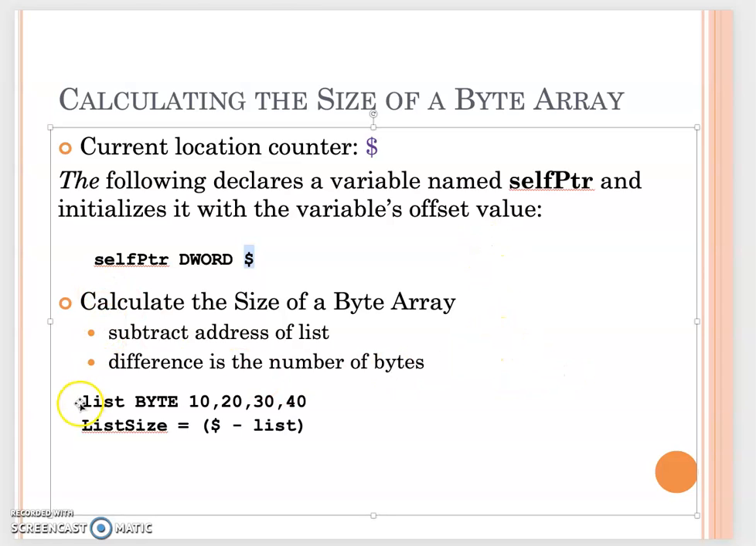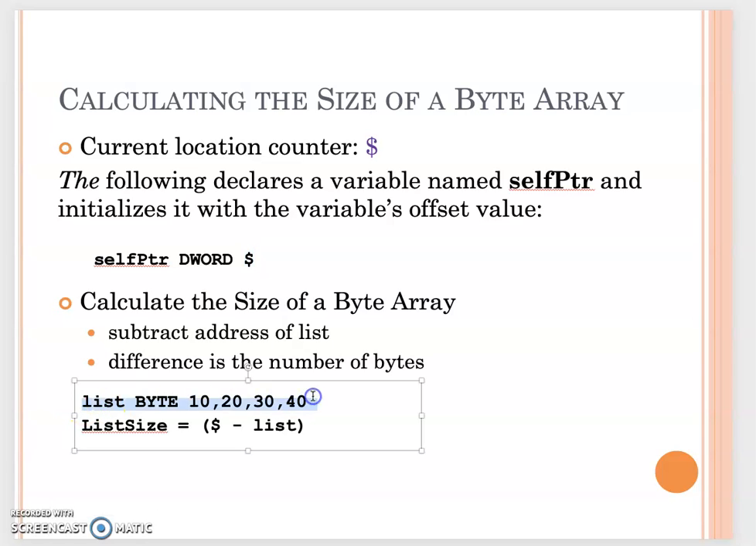But afterward, if you define an array called list, BYTE 10, 20, 30, 40, then you can use the $ minus the beginning. That's your